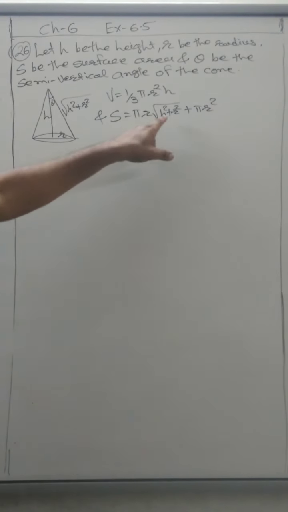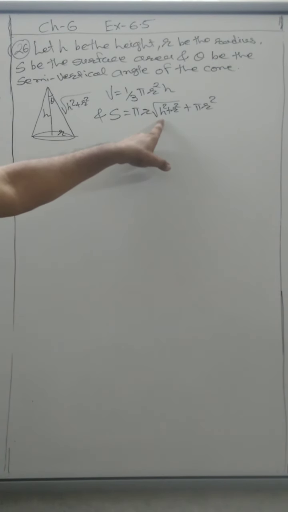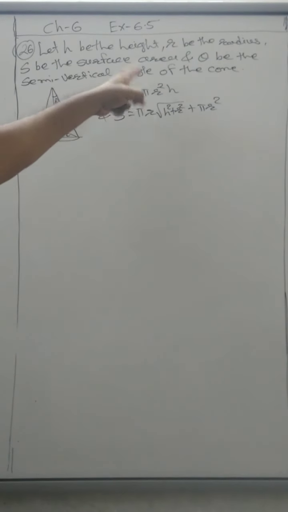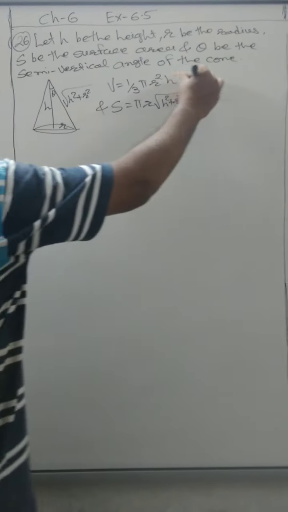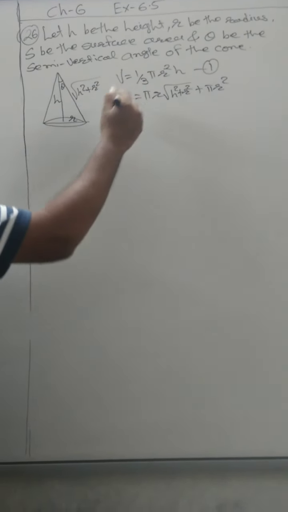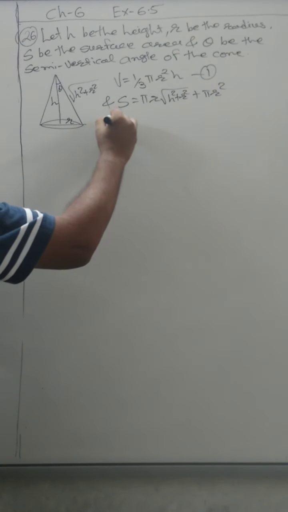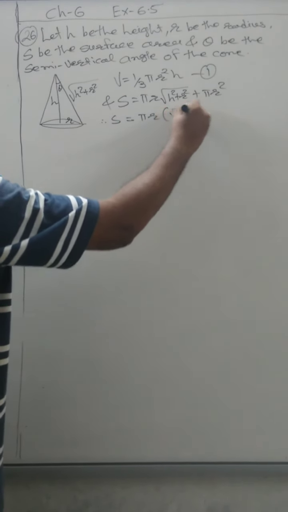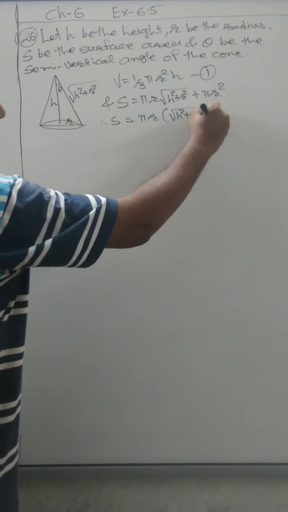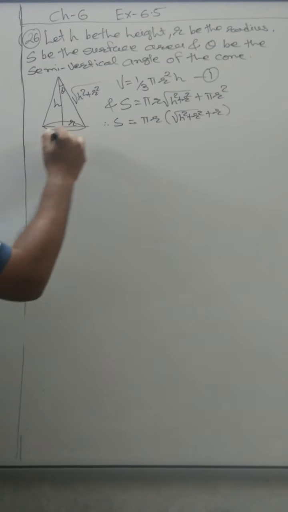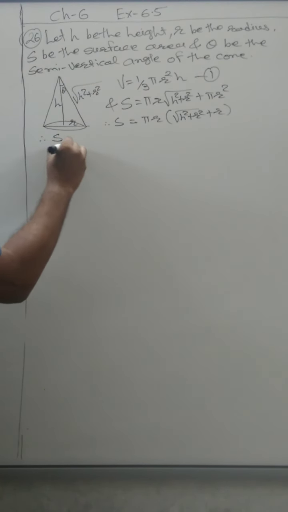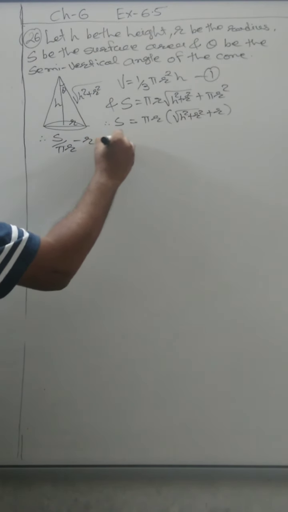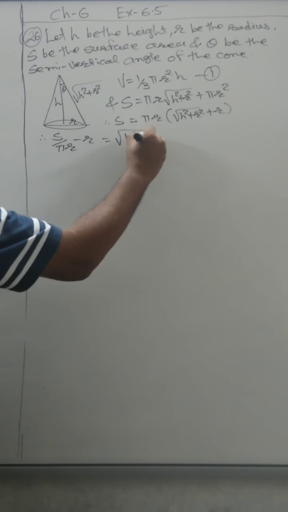Now from here we take x square as the subject of the equation, that means we find the value of x square and put it in this equation. Okay, so this is our first equation. Here we just simplify it. First of all we take pi r common, so we have pi r times root x square plus r square plus r. Pi r we put in the denominator of S, and minus r we take on the left side. It is root x square plus r square.